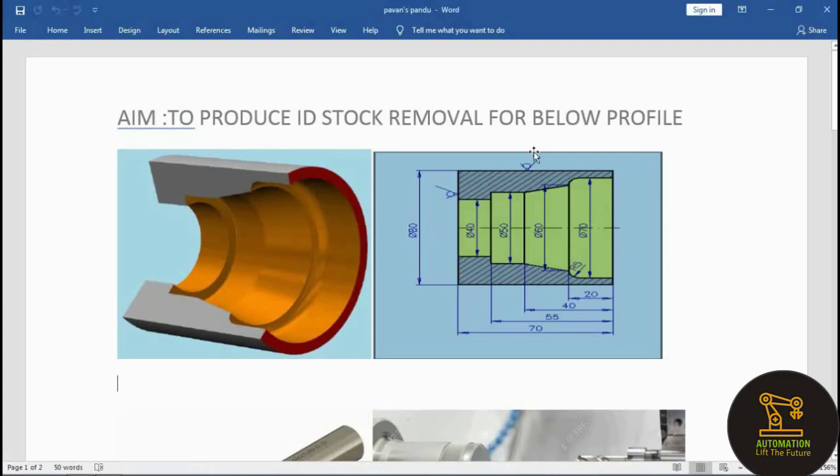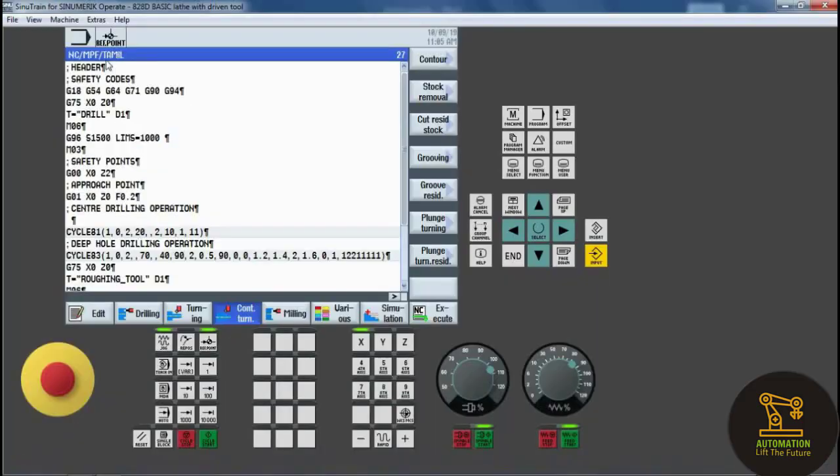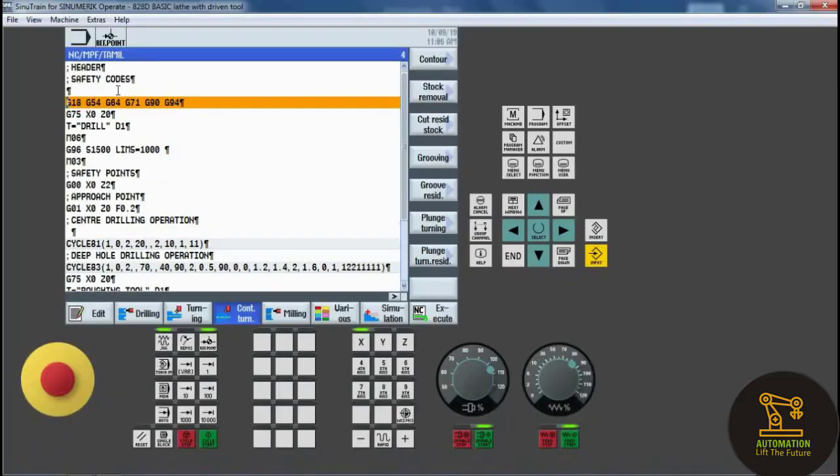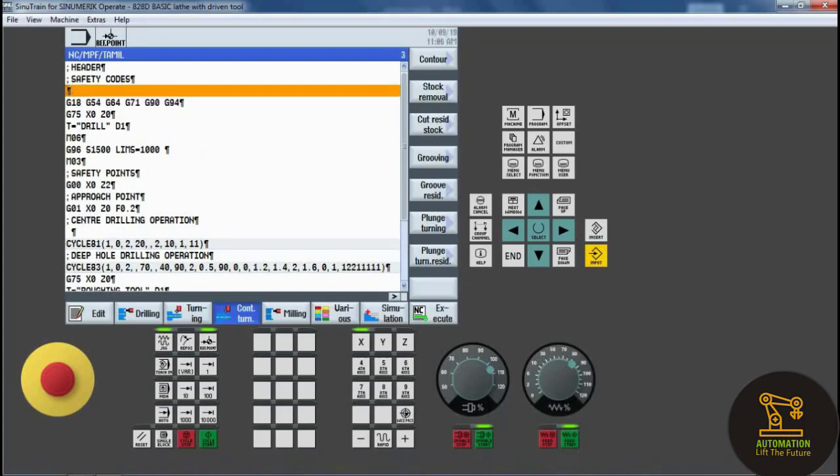Before going to do ID stock removal operation, we create a material or blank. So the dimensions of the material are, the diameter of the cylinder is 80 and length of the cylinder is 70. So we must create a material on the position at the top of the safety codes.